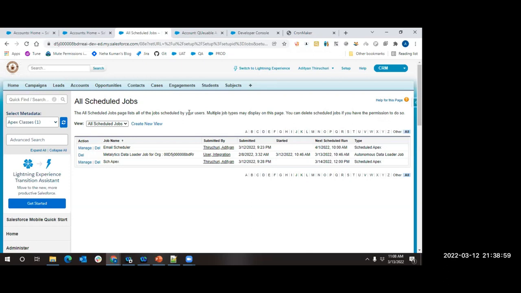If there are two classes in the program, can we call the method of one class from the class that implements schedulable or queueable? Yes, you can do it. But what is the parameter that will pass for schedulable context? You can say just null, right? But yeah, to answer your question, yes, it can be called.